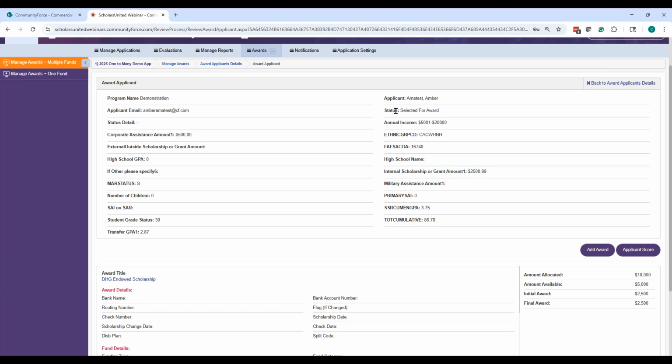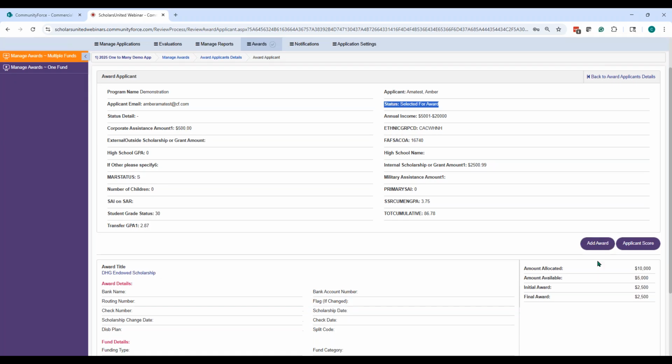So any functionality that I have flagged to be activated when they get to that status is now showing on her dashboard. There is another way I'll talk about too, about how to release those if you're not ready for her to get it, but I want to go ahead and enter all this stuff. There is a way you can deactivate those sections, and then once you're ready to turn them over to her, you can go in and activate them so she can't complete them until that time as well. Okay, so now it's showing selected for an award.